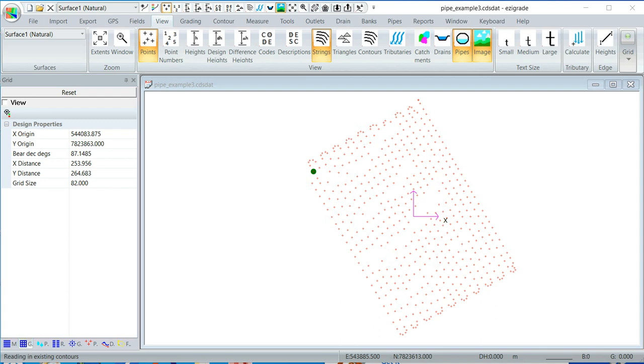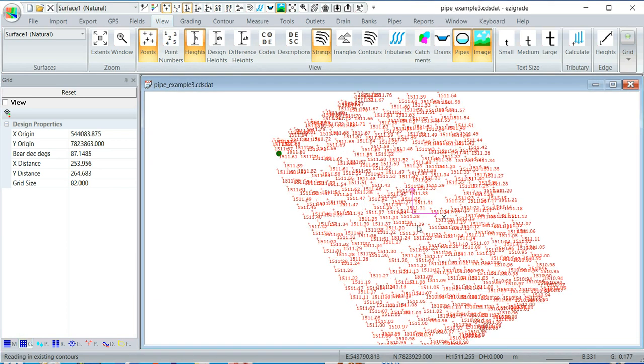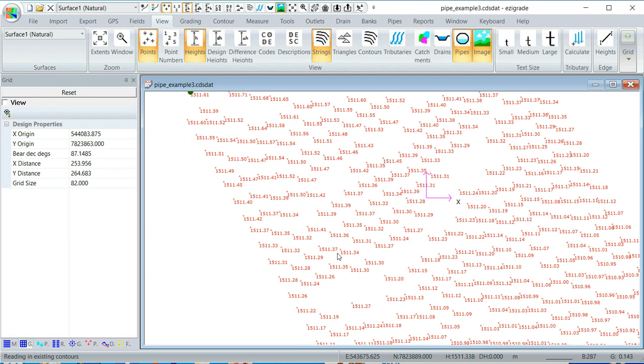I'm going to run through a pipe design example here. We've been given a job picked up from a field level 2 system. That green dot's the master bench. But anyway, that's our data. If you look at the data, you can display the heights, and if you want to get an idea of what the job is, they're the heights, but that